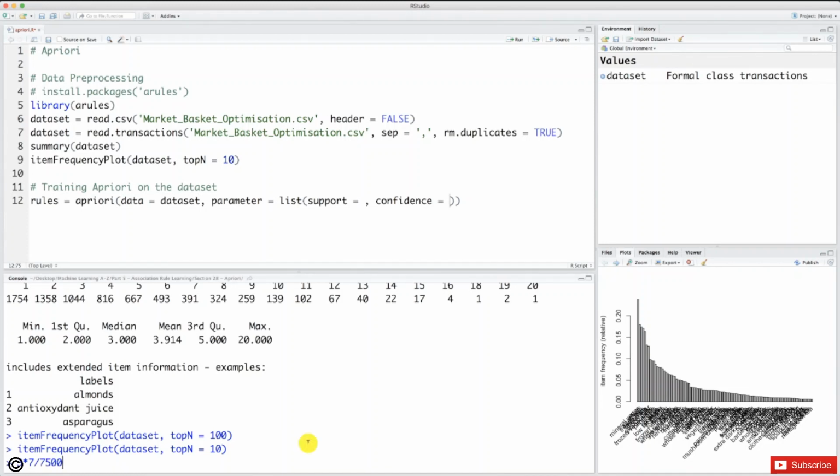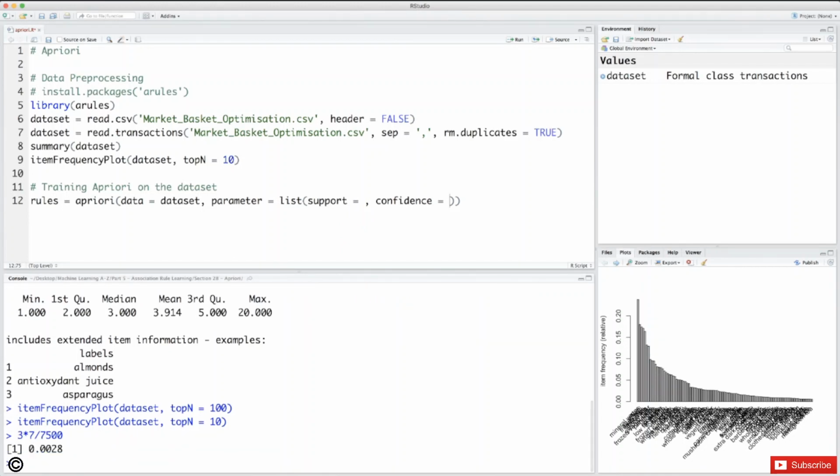7,500. And this value here that we're about to compute is nothing else than the support of a product that is purchased 3 times a day. And we want our rules to consider only the products that are at least purchased 3 times a day. So all the products of our rules will have a higher support than this support here that we're about to compute. So let's compute it, let's find out what it is, and that's the value we'll give to this support parameter here. So right now I just need to press enter, and that's the value,